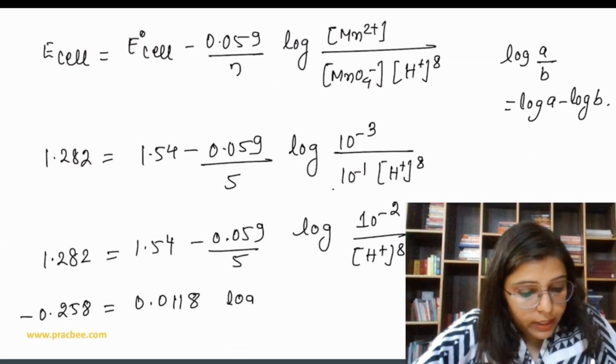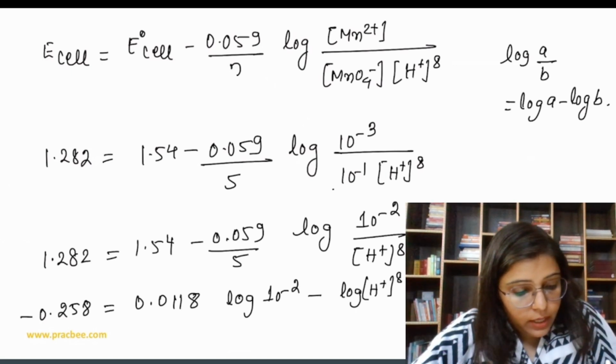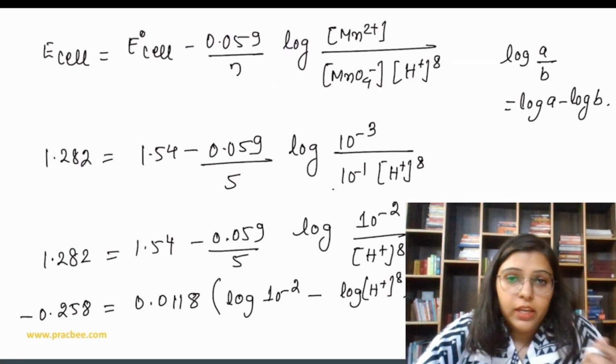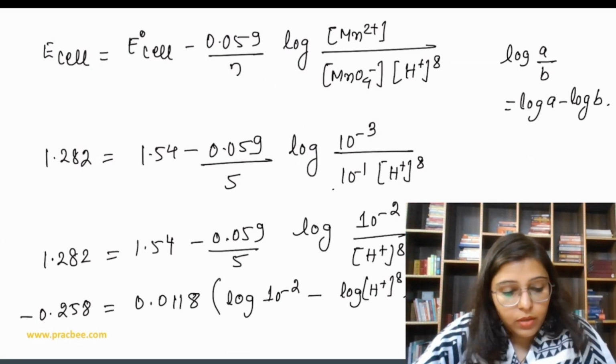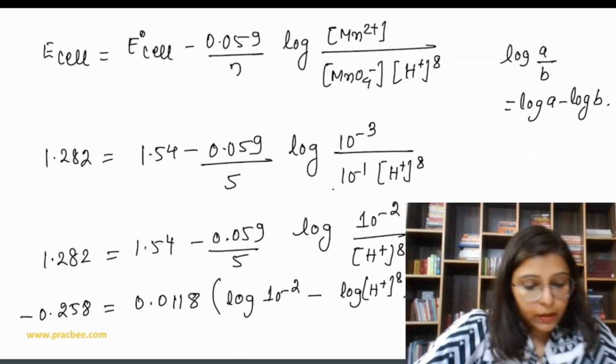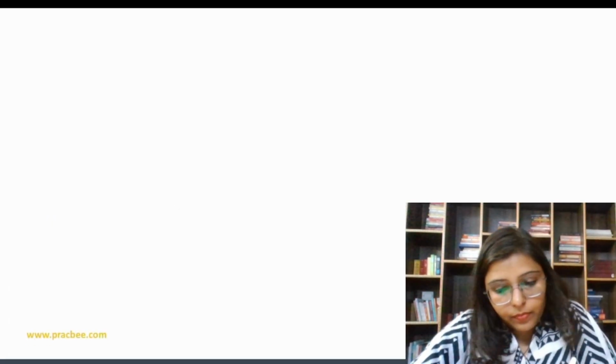So this is log 10 to the power minus 2 minus log H plus to the power 8. It's just we have to solve now. Okay, so let's solve it. So we get minus 0.258